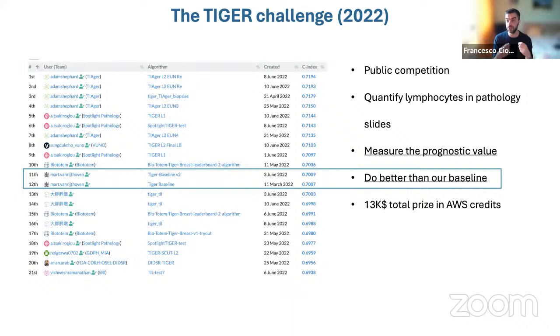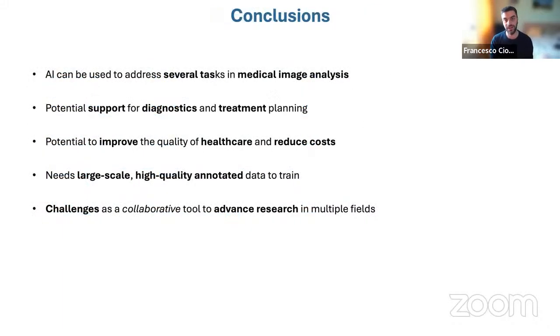And then you typically boost innovation and research in a specific field. And you also make the community aware of medical problems and questions in diagnostics, for example, or treatment planning, etc. So I think we are a bit out of time, but I would like to conclude by summarizing